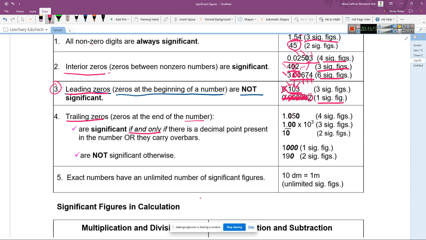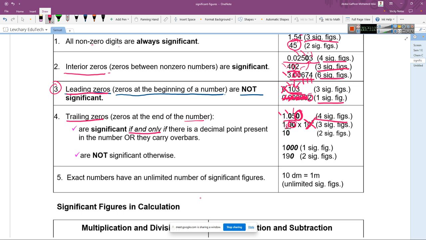Now you see here, this is a decimal number, so we will consider this trailing zero as a significant figure. According to our previous rules, this interior 0 and this 5 are significant. In addition to that, this trailing 0 is also now significant. So we have 4 significant figures. And here 1.00, the decimal point is present, so we will count these two trailing zeros. But here this is just an index, so we will not bother about this one.